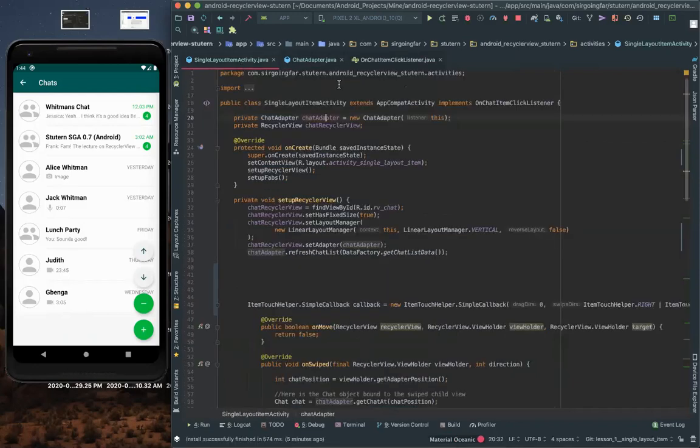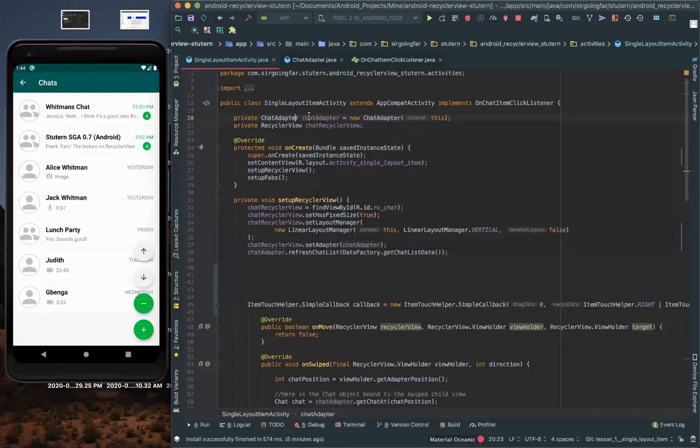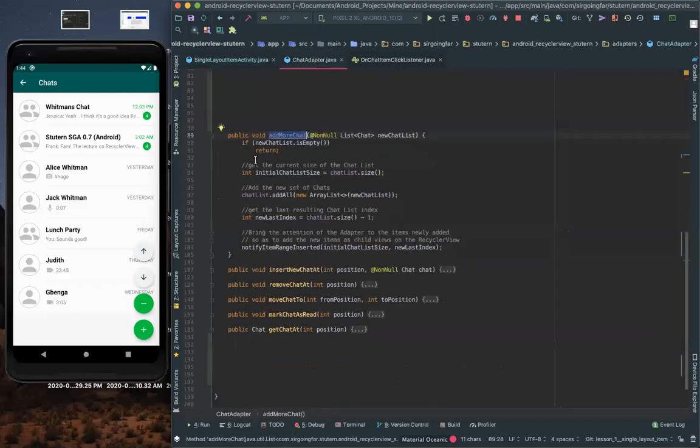So now this chart reference is a good guy because it's useful for us. That's what you use to communicate between the activity and the chart adapter. So it's very instrumental for us. You need to hold that reference to this chart adapter, then you use it to call all these public functions. So now to demonstrate dynamically adding, removing, and so on,